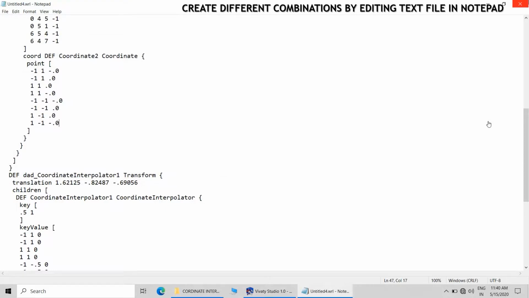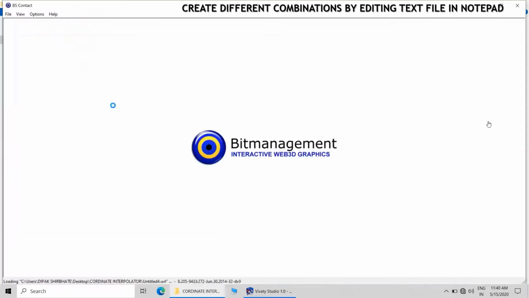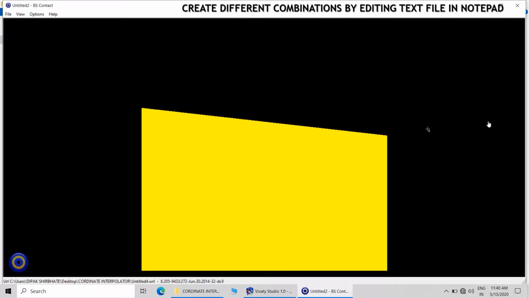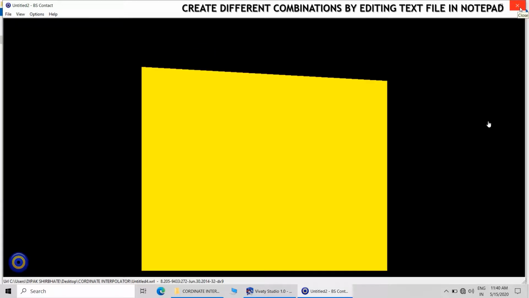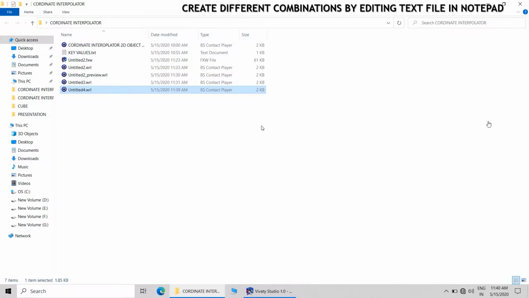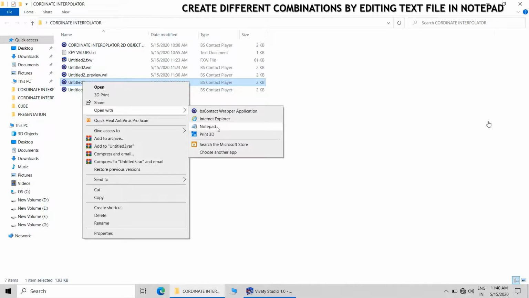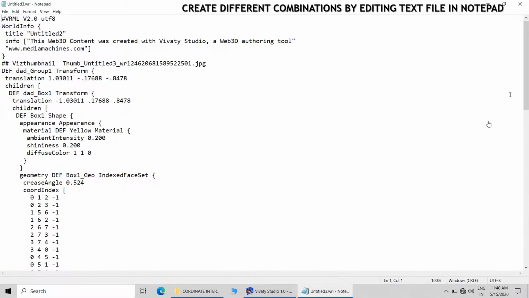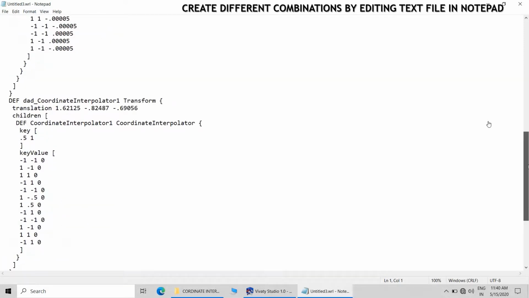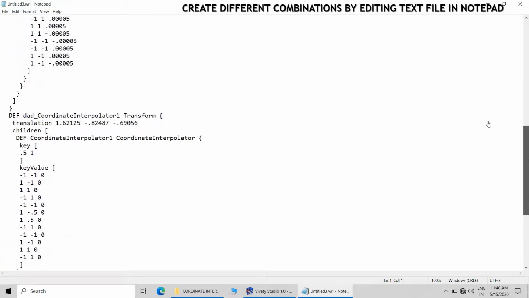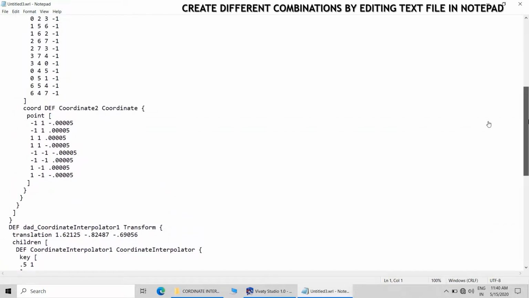Call it as 4. Then we will check this. Now it is perfect. And we can have different combinations of the key values. We can change the key values in a lot of combination.